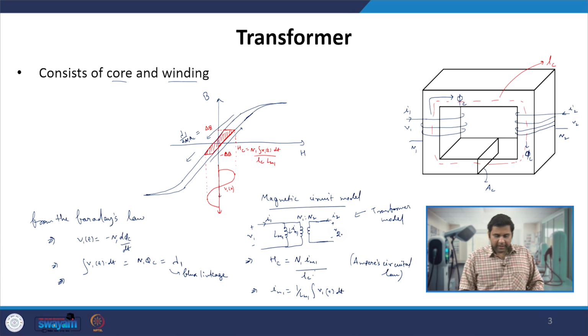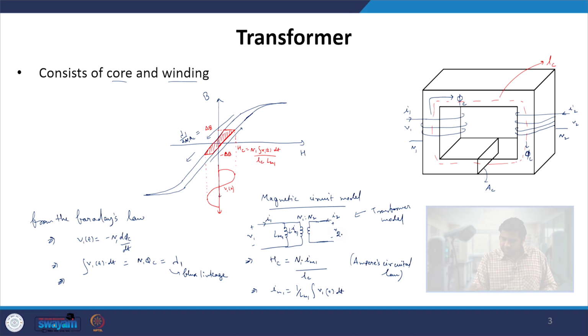So what we see here is that whenever the excitation voltage is applied to this winding, a magnetic field gets generated in the core, and that magnetic field is due to the current flowing through the magnetizing branch of the transformer. Because of this magnetic field, the magnetic domains in the core get aligned, and as a result you get some net magnetic flux density. We have understood how we can get this for the simplest excitation, which is a sinusoidal excitation.